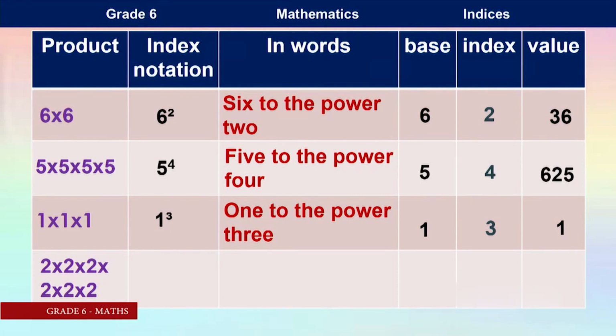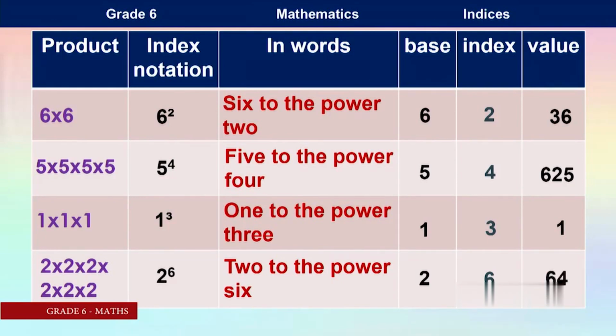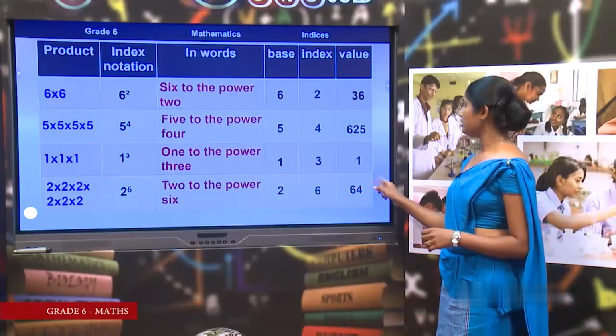Then the last one, how many 2s can you see? Then we have to multiply these 2s. 2 into 2 is 4, 4 into 2 is 8, 8 into 2 is 16, 16 into 2 is 32, 32 again you have to multiply, that is 64. Okay, then